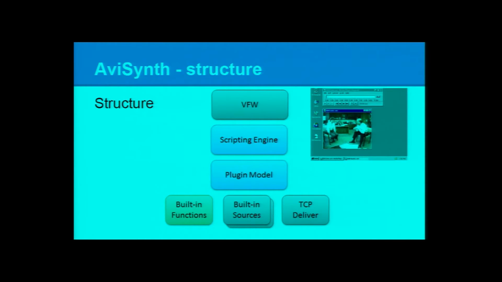So this is what AviSynth does. It hijacks AVI file reading in the VFW API. Then the script engine processes what we write in scripts. And the script engine and the core engine follow the script description to build the corresponding video processing graph. Finally, it feeds the video processing result as AVI video frames. So we can play this script as a normal AVI video file.